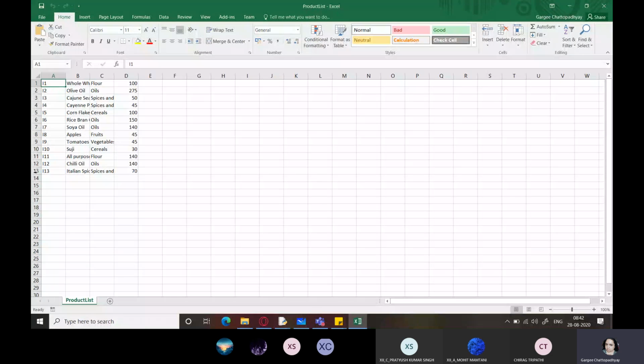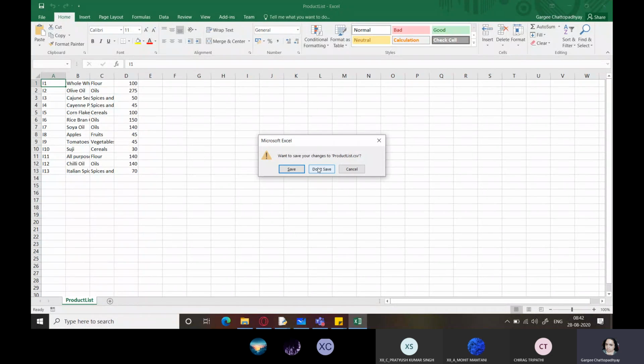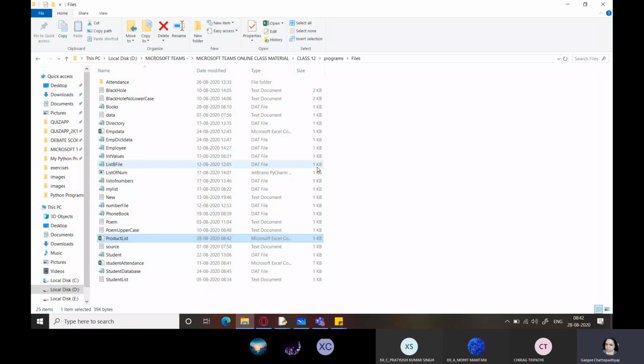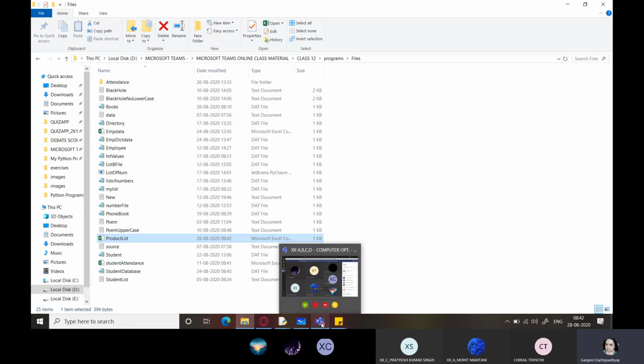Now you can see that there are no extra new line characters added. All the values are added in the usual fashion without leaving any gap in between. So this can be used as a very useful tool if you want to generate your Excel files from your Python programs. Have you all understood reading and writing operation, everyone?